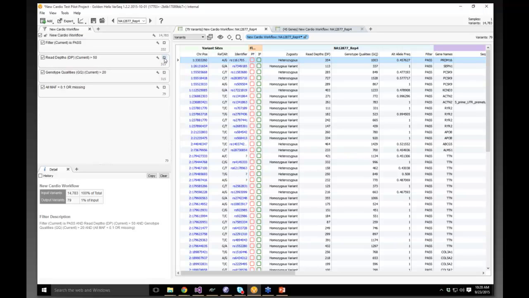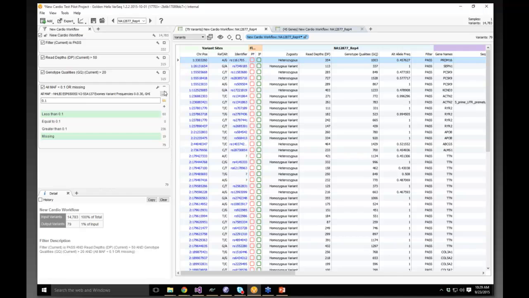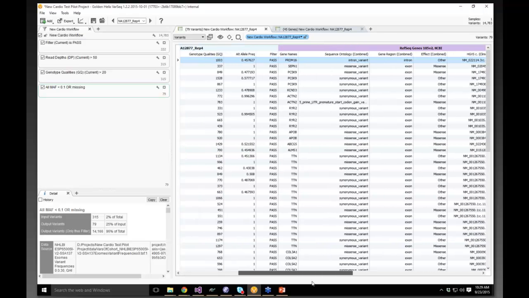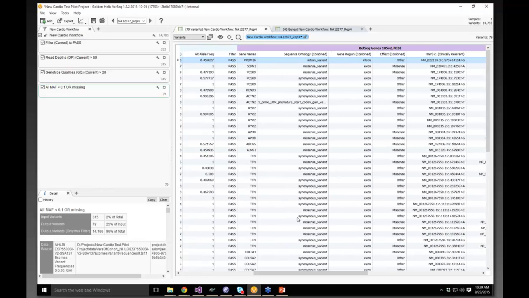The next thing is to tune what we might annotate against from an external public source. So from here we have this card filtering on NHLBI, and we're looking at variants less than 1% or not in NHLBI. That's fine. We might come back to that later, but let's leave that for now. And let's also look at what else we have in our project from our starter template. We have a bunch of information about